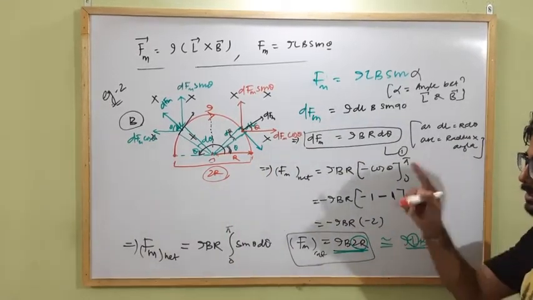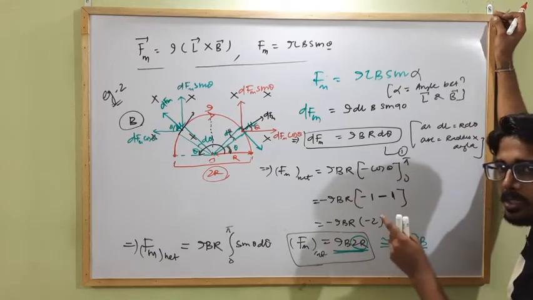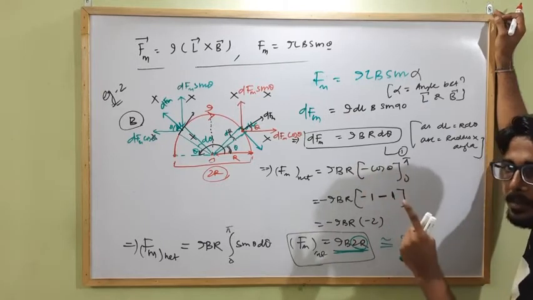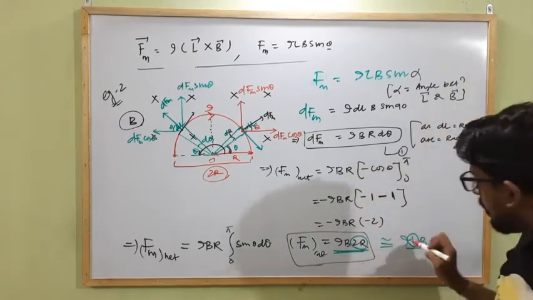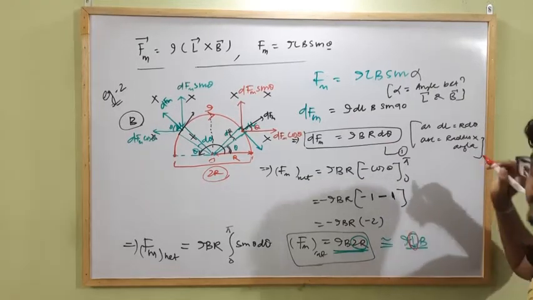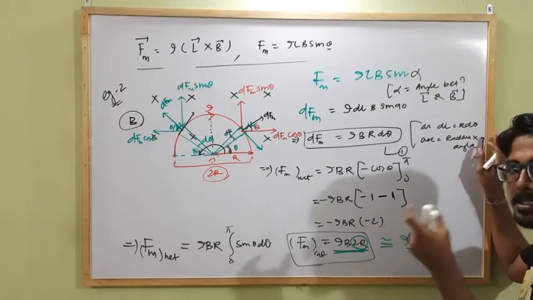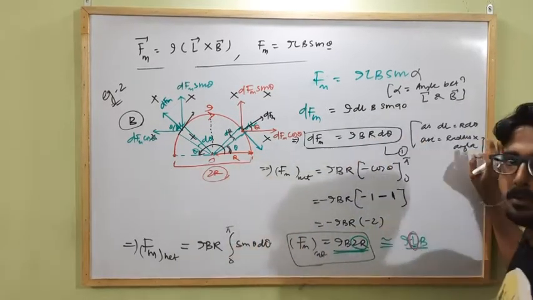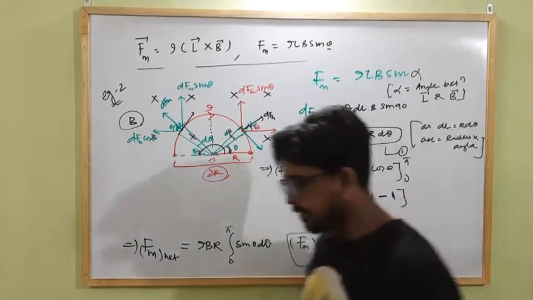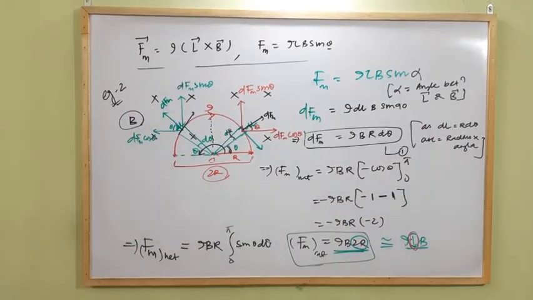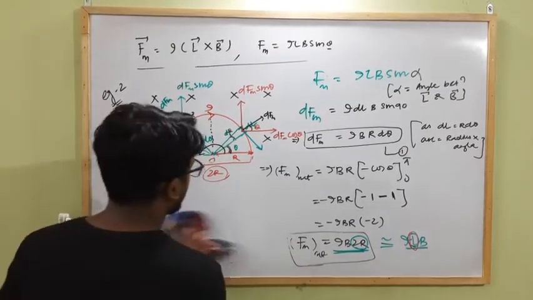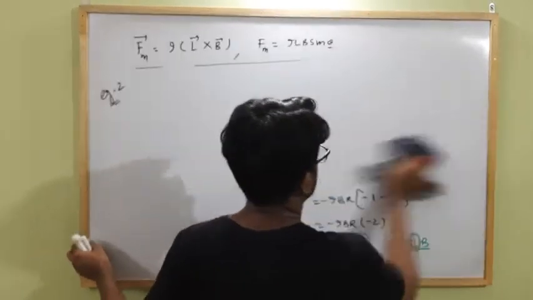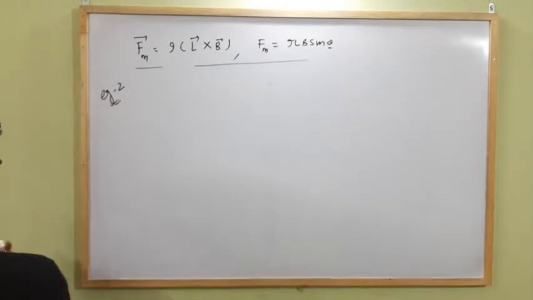Clear? So from this question we can conclude that when any shape of current carrying conductor is placed in a uniform magnetic field, then the L component in the expression ILB sin theta is the displacement between the initial and final position of the current carrying conductor. Clear? So I am just writing that statement here. You have to remember this. This is very important during numerical solving. You can write it as just a note.